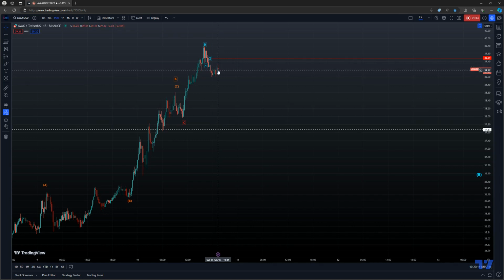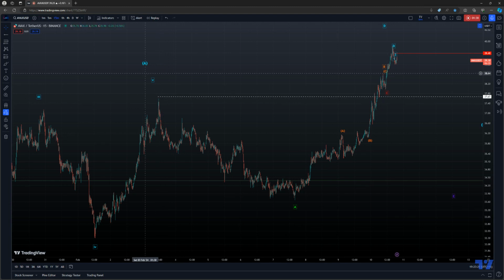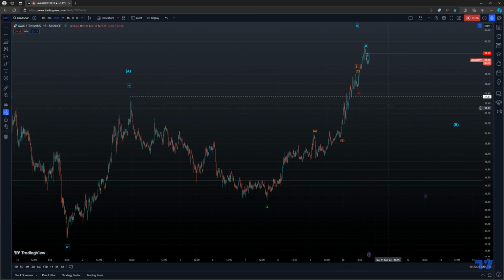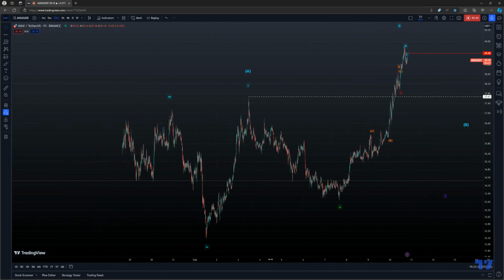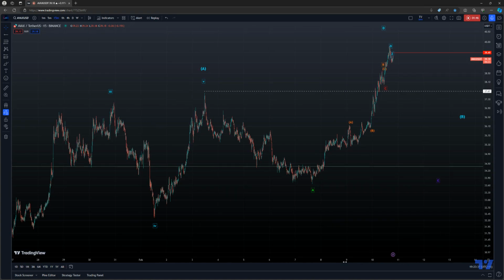And I'm hoping that this will go down to at least the top of wave A, and it could stop there or it might continue lower, right? I wouldn't be surprised if it did go lower, but I'd want to sort of wait for that correction to occur in wave 2 first before I assume that it's going lower. But the reason why it probably could go lower, I suppose,